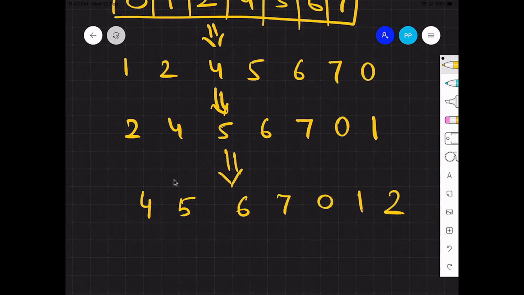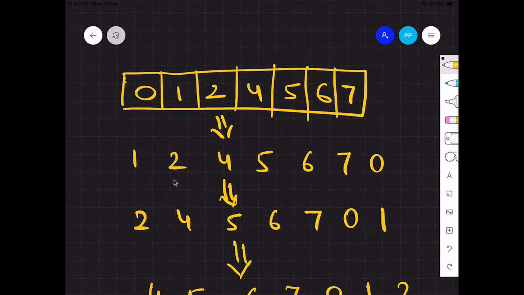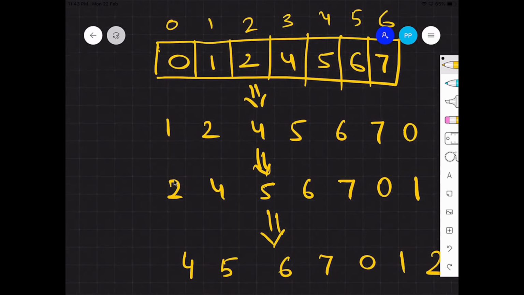Here, which index has rotated? This is index 0, 1, 2, 3, 4, 5 and 6. And now this is rotated at index 1, this is at index 2 and this is at index 3.